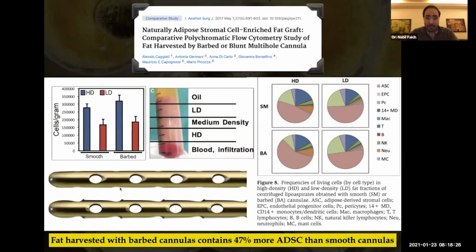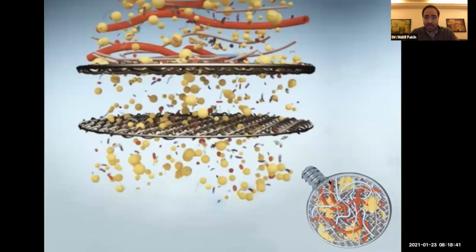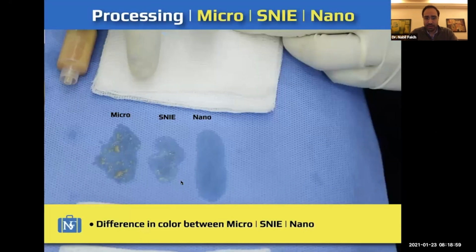So that's why in my master phase set, I have used the tulip harvester, which is really my favorite harvester for doing fat grafting, microfat and nanofat. Whenever we use this separator that has the nanofat, all the fat cells coming from here will get stuck in these two filters, and only the adipose-derived stem cells go down with other substances. But we will not have any fat cells inside.